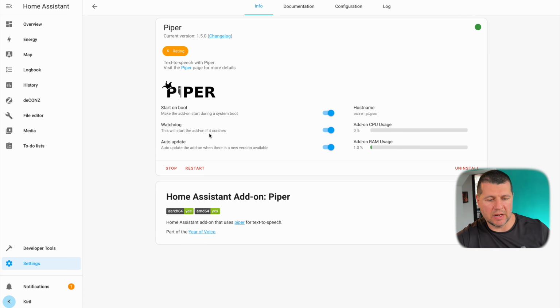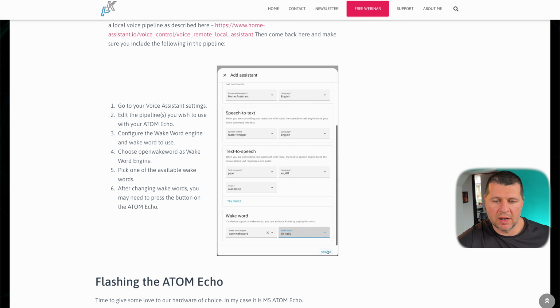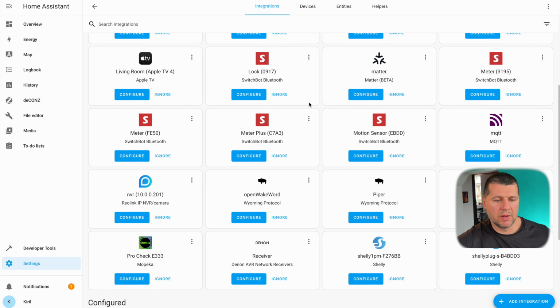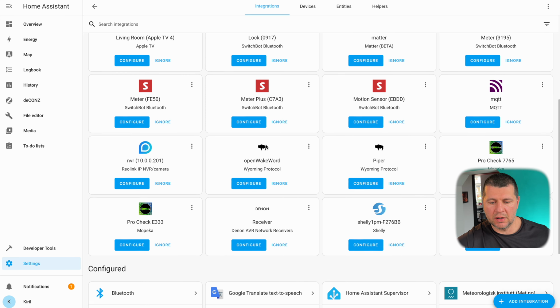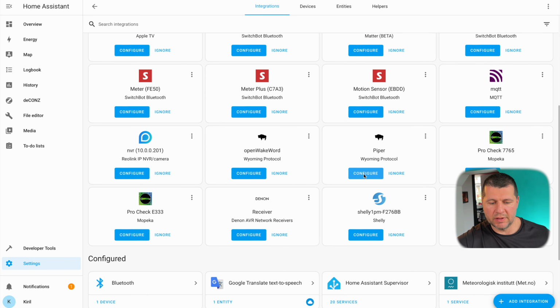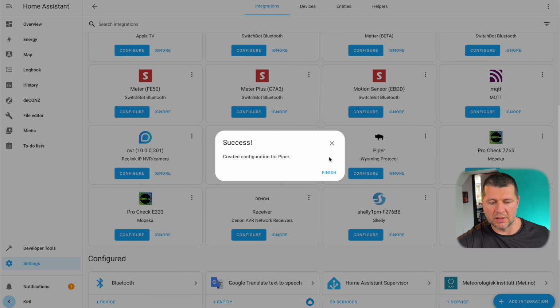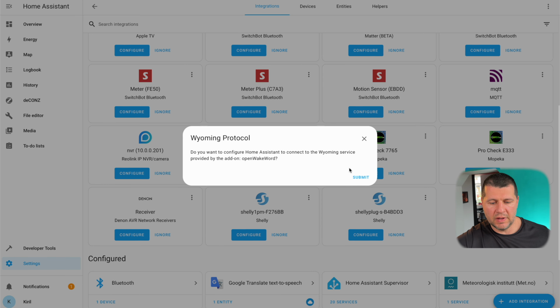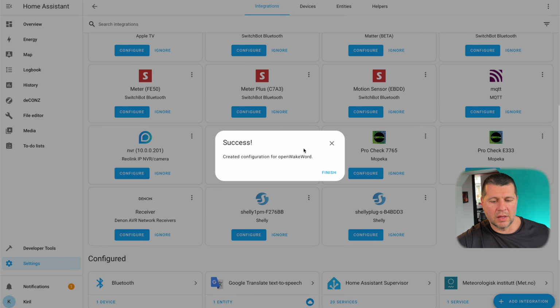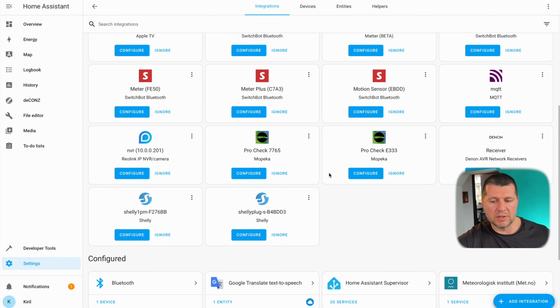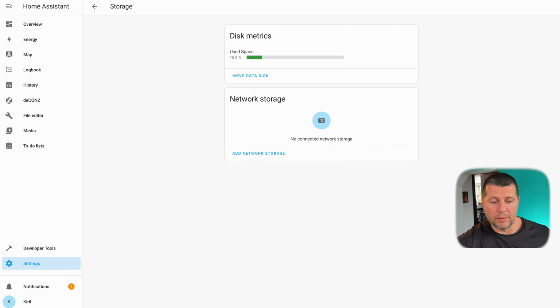Where it is. Now the Piper is started, and if I hit refresh now, I should see somewhere here Wyoming Piper. Here it is. Configure, submit. And I also configured the openWakeWord. That was the previous add-on that we installed. And now if I go back